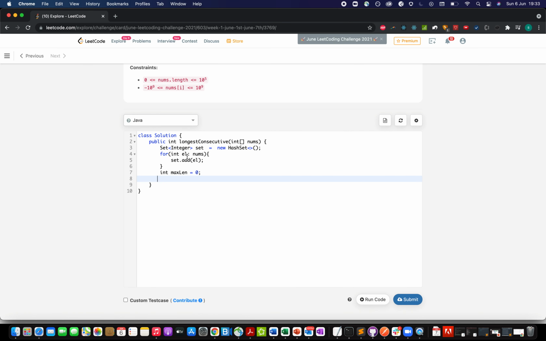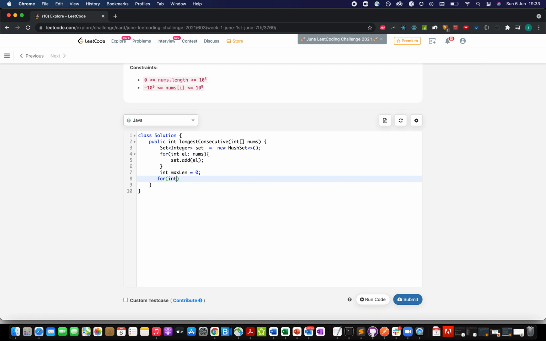Here I've defined a set of type integers and added all the elements to the set in order to remove duplications. I've defined a variable maxLength that will store the maximum length of the longest consecutive sequence. Let's start the iteration.